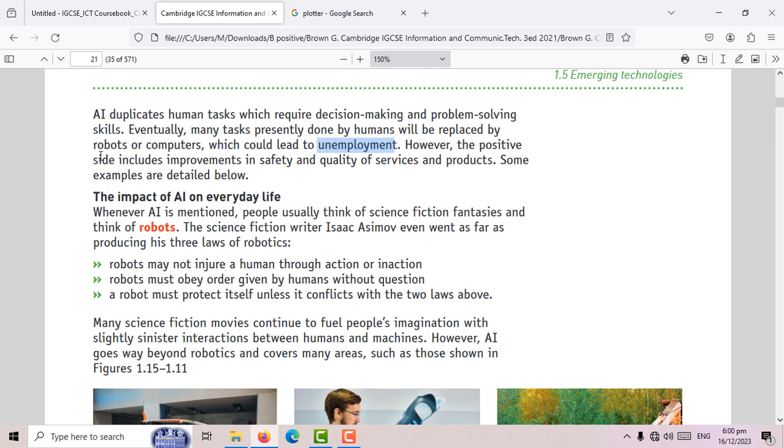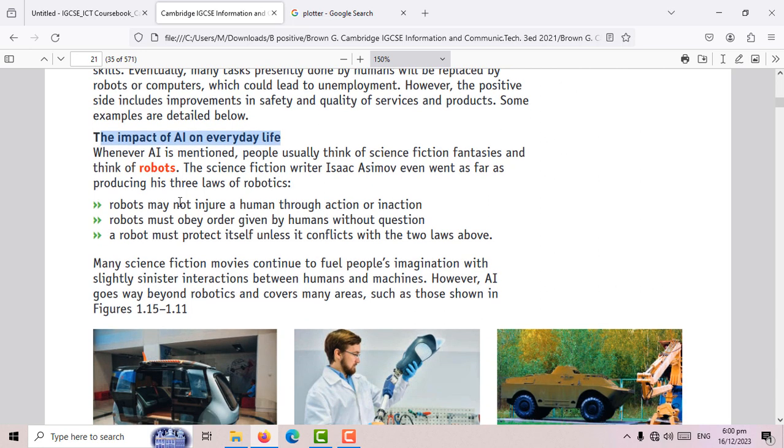However, the positive side includes improvements in safety and quality. Well, if you have a job that's done by computers, you would expect that it's done perfectly. Okay, some examples are detailed below. The impact of AI on our everyday life. Okay, whenever AI is mentioned, people usually think of science fiction, fantasies, and robots, and